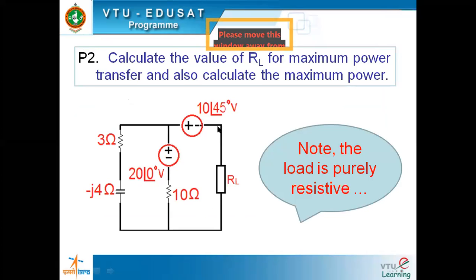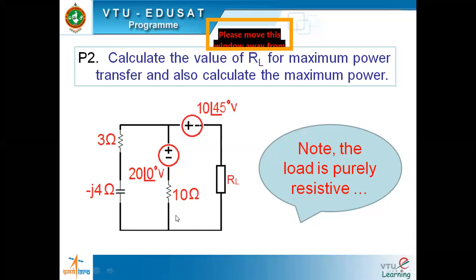RL they have asked, so we have connected RL. It's the same circuit, mind you. Note the load is purely resistive. It's an AC circuit, but the load is purely resistive. If the load is purely resistive, what do we need to do? We need to connect the magnitude of ZT. So if you have to find the magnitude of ZT, we need Thevenin's equivalent